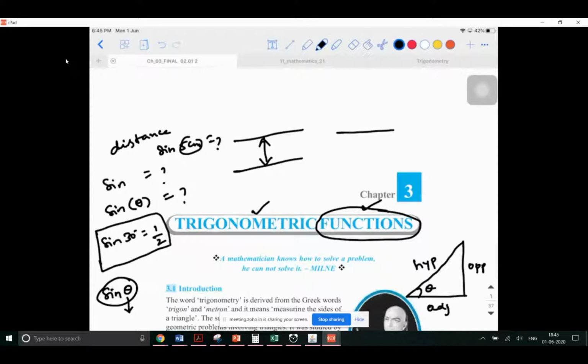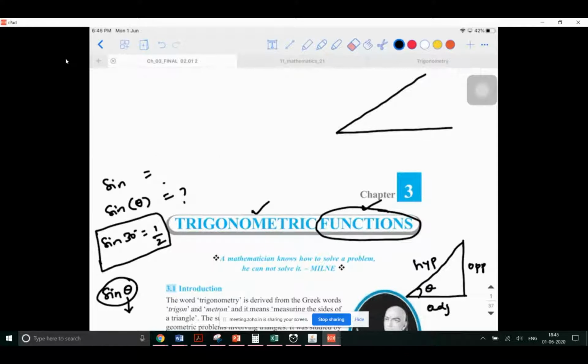Suppose I have a line like this, and I have another line like this. I'm giving a protractor in your hand and asking you to measure the angle between these two. Then what is it you're going to do? So there's a basic thing. From this, you please try to frame a definition to it.